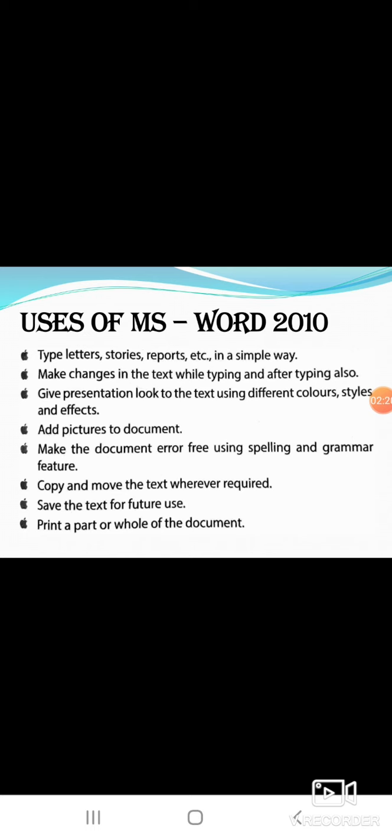While typing, we can check grammatical mistakes and spellings. Then we can copy and move, cut and paste. Everything we can do in MS Word. After typing, we can save the file, and then we can take the printout also. These are the uses of MS Word 2010.